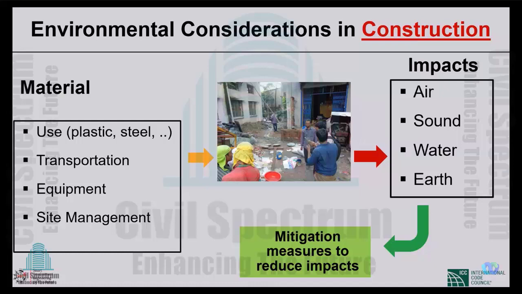Let me come to my second part, which is mainly the environmental considerations for construction. The major things we have are three: material, labor, and engineering, I mean the equipment and other things. So material, labor, and equipment are the three things we mainly use for construction. Of course, engineering design, without that, it's not going to happen. So construction drawings are there. So materials: what we're talking about is the material, this is the general picture.